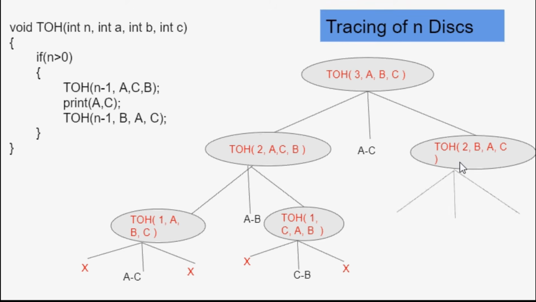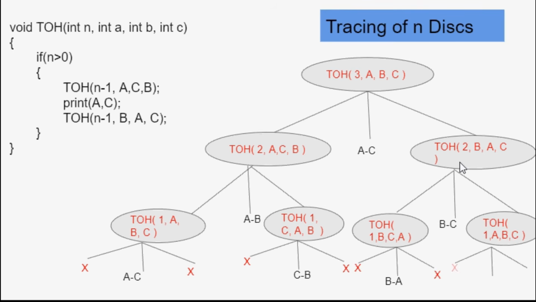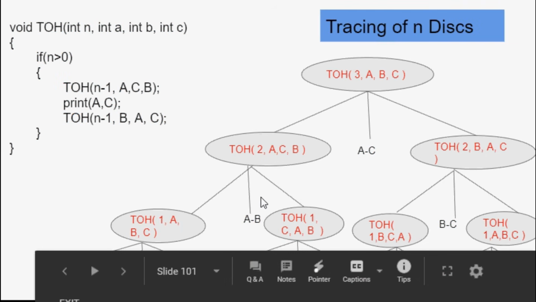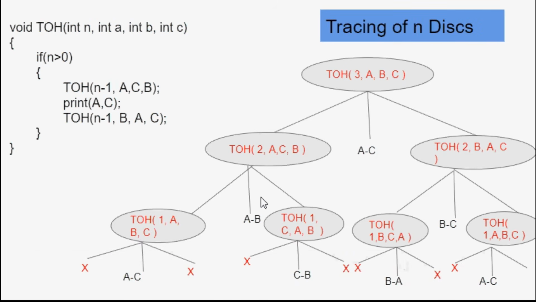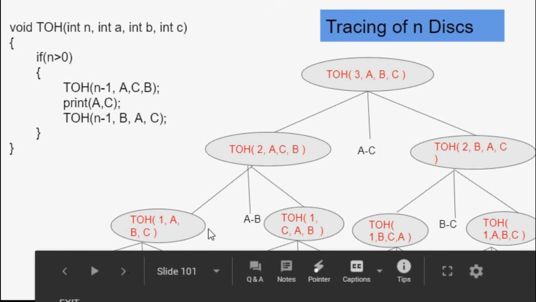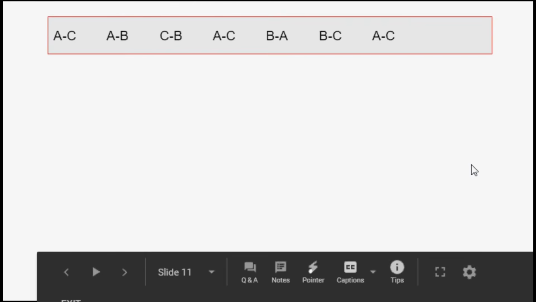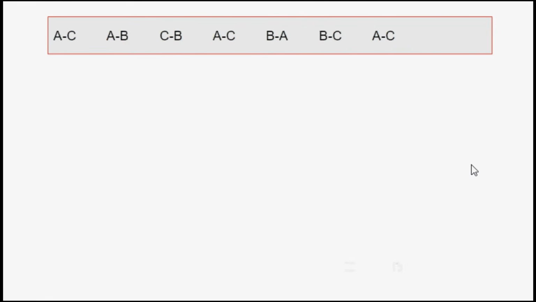Similarly, we are going to execute all the 3 cases again, in a different pattern. Right now we have not written anywhere which disk is getting transferred to which tar. We haven't mentioned those things. So now I'm just going to write down all these final steps somewhere. This is the last call of each and every recursive process.